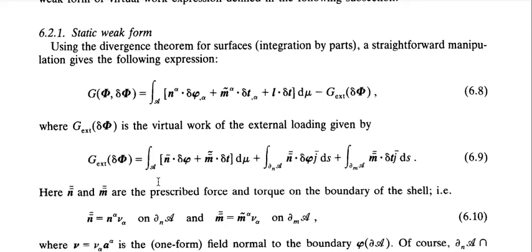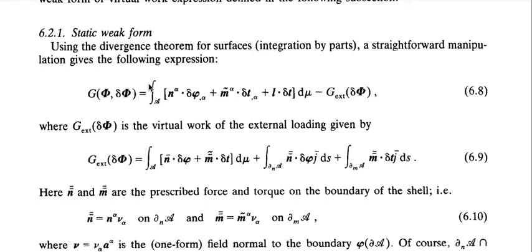What is next? Please note that we are always writing the variation quantities with this small delta sign, and in the next step we are going to do linearization. There also we need to write a similar quantity, not the same, and that we will write with the capital delta sign. Please keep note of this important difference. So here we have all the variation quantities, and now we have the expression of the small change in energy which has happened due to these virtual displacements of the shell configuration.